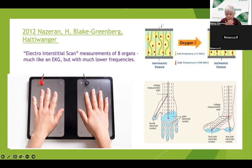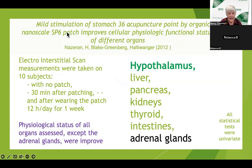Nothing's getting through. So one thing that various patches do is increase the conductivity of the tissue around the cells. What is being done here is one's measuring the conductivity around the cells before and after patching. So having said that,